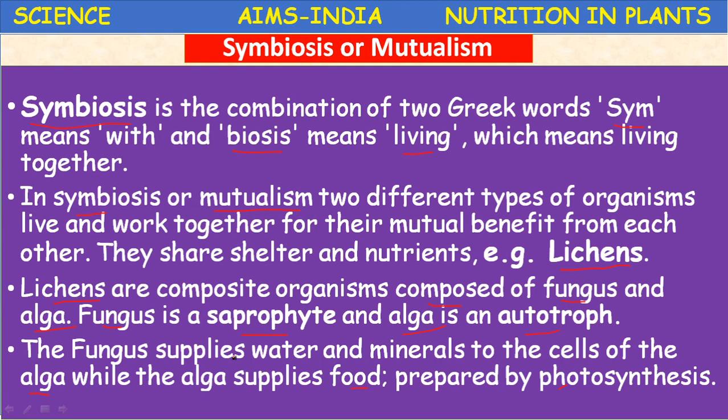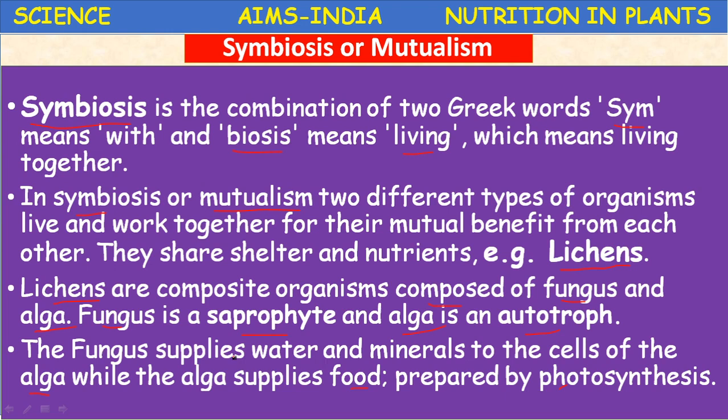There is a threat of different enemies for these organisms. So the fungus will provide protection. When the fungus grows on certain substances, it becomes somewhat poisonous. So some aquatic turtles or some birds may not eat these lichens because of the presence of this fungus on it. In this way, the algae is providing food and the fungus gets protection.